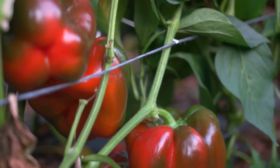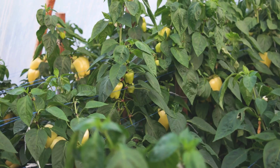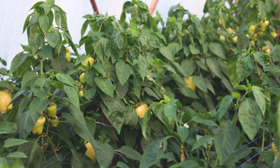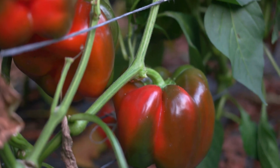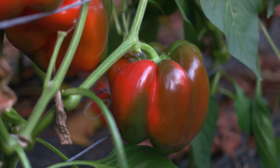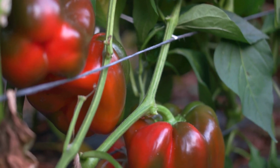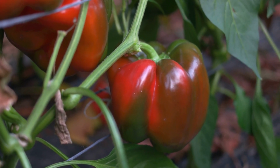But the rewards of pepper gardening extend far beyond their culinary versatility. Peppers are relatively low-maintenance plants, especially when provided with the right growing conditions. With proper care, these resilient plants will reward you with an abundant harvest, often producing fruits right up until the first frost. Picture your garden transformed into a colorful tapestry of pepper plants, their branches just loaded with fruits in